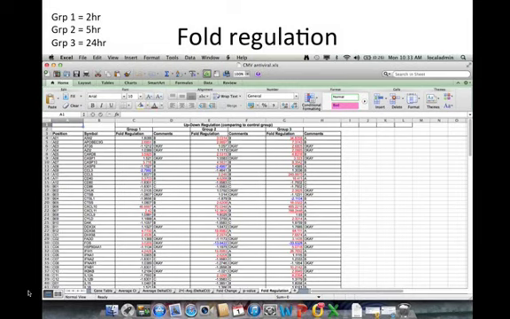Yes. What are comments? Are they significant? Comments you don't need to pay attention to. You just go with the data. This was done by a program, so it spits out a bunch of comments if you start with a very low level and go very high, because they think that might be an error. But when you're looking at the immune response, things often go from low to really high, so don't worry too much about that.